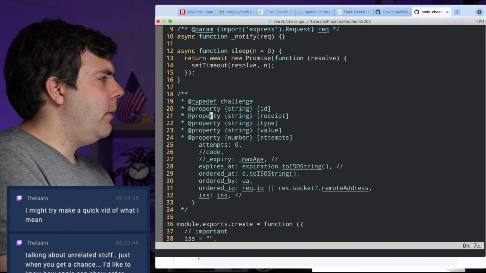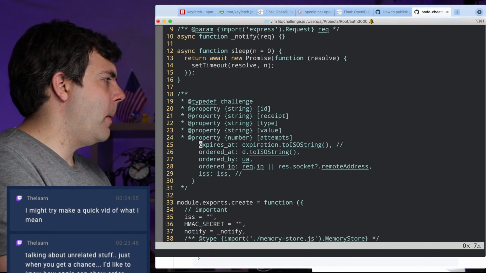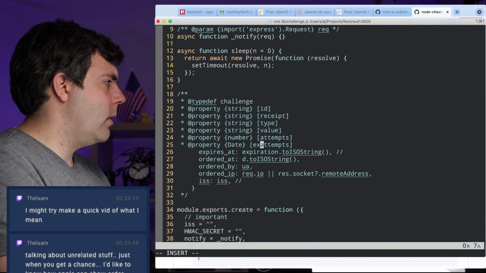So rather, it depends. It depends. But oftentimes I would rather define all of the possible properties. And then I guess really this is a date. It's a date string. I'm going to go string.